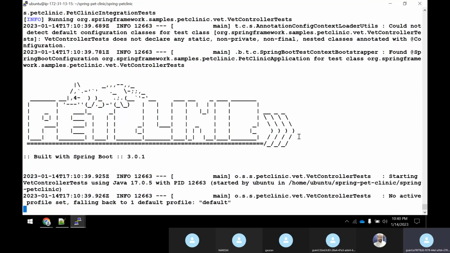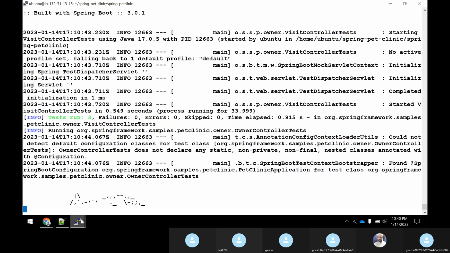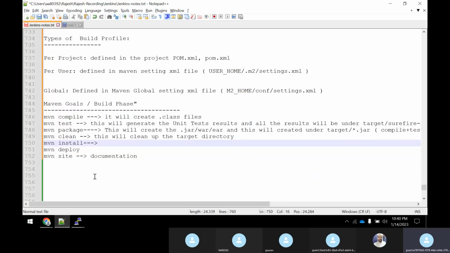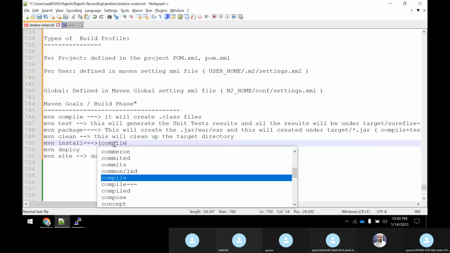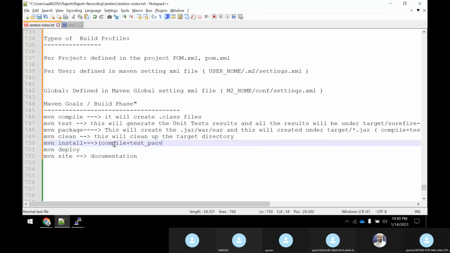Again, the same thing: when you're doing mvn install, it will do all the things. It will also do compile, test, package, and finally it will do the install. It will also run all these goals.